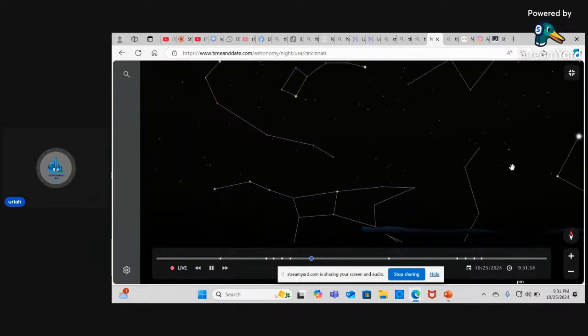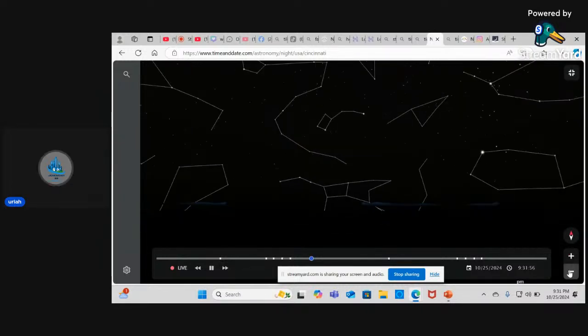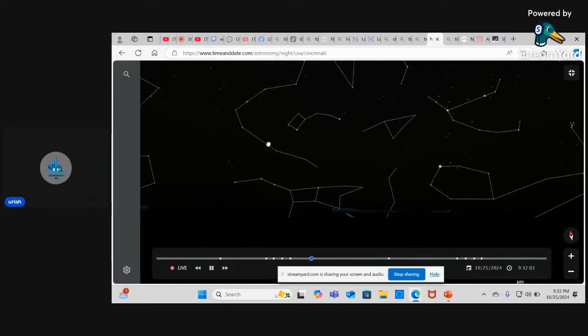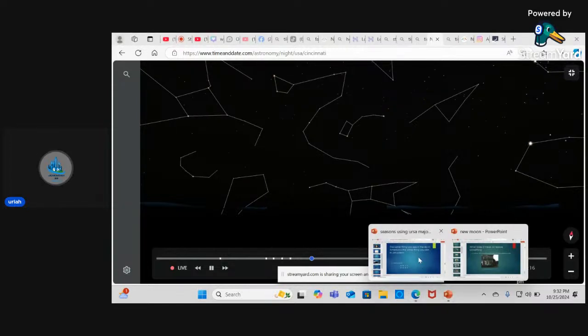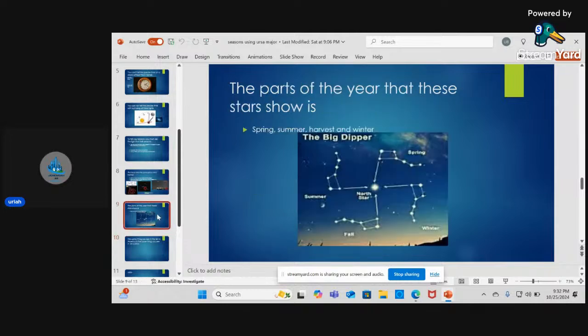Right? You can clearly see the night sky. You can back out. And I want to show you guys how to work it as well. It clearly draws out the various constellations, but this is the constellation that we're using. And as you can see, at the date of 10/25/2024, this, which is Ursa Major, which we showed in this diagram, is in its position, which is the